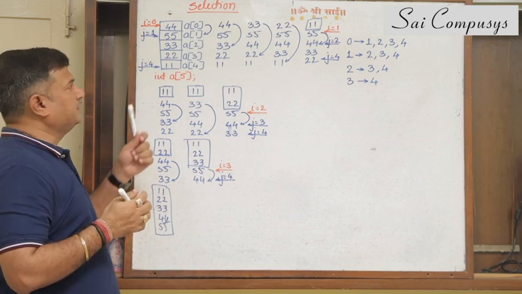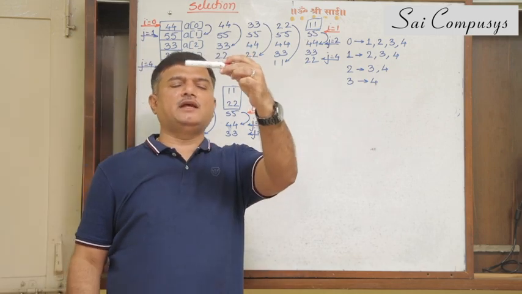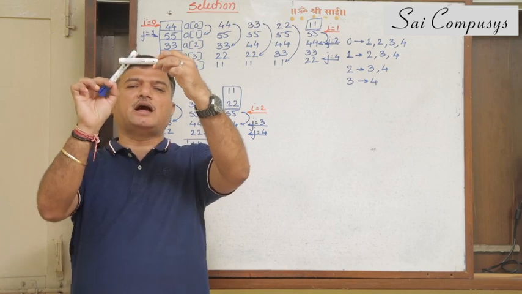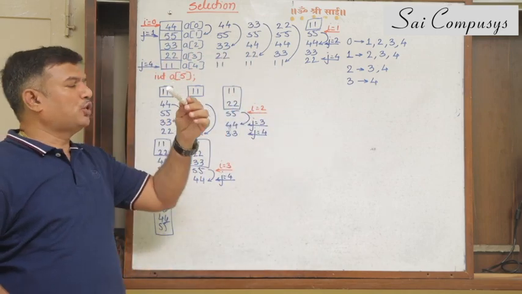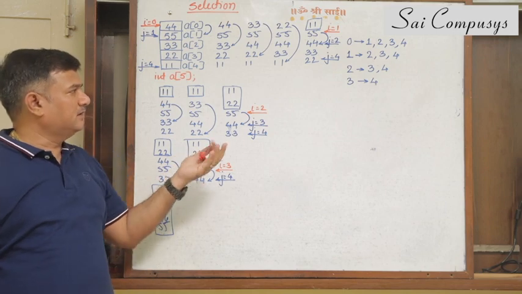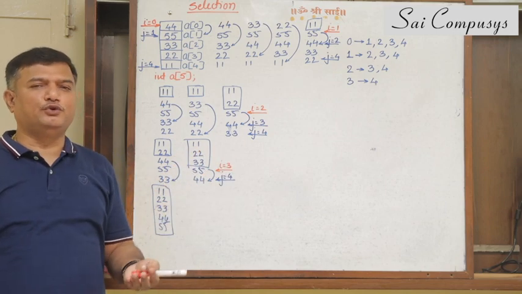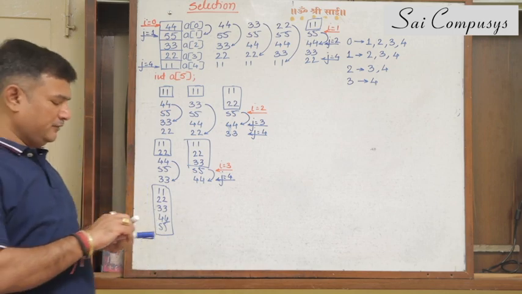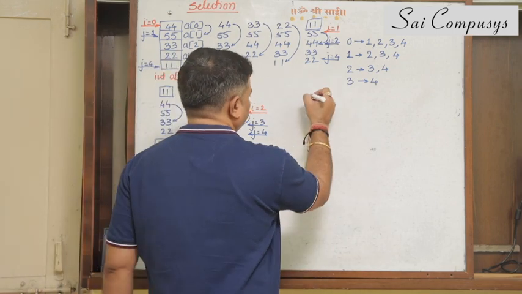So again I say, what is selection sort? It's selecting an element and comparing with elements below it. To select an element, I need the loop of i, and for all elements below it, I need the loop of j. So it's clearly an indication of using nesting of loops, where for each value of i you need to vary the value of j. So here I'll write down the logic for you in rough.